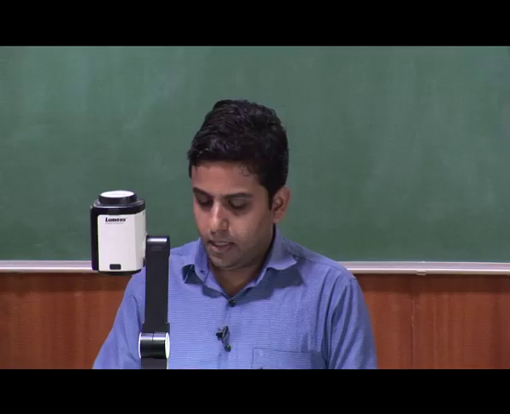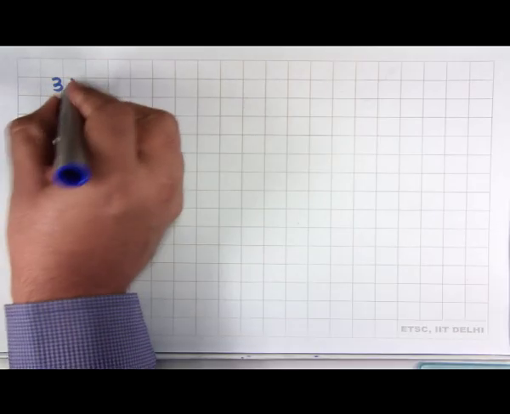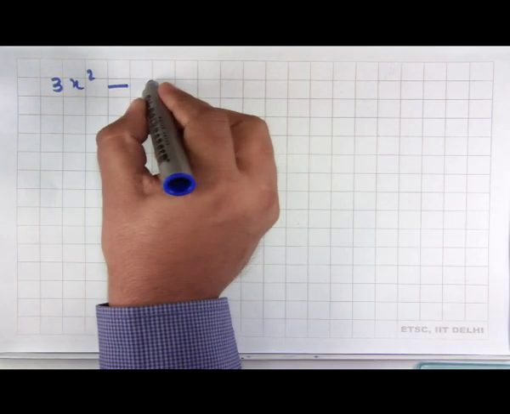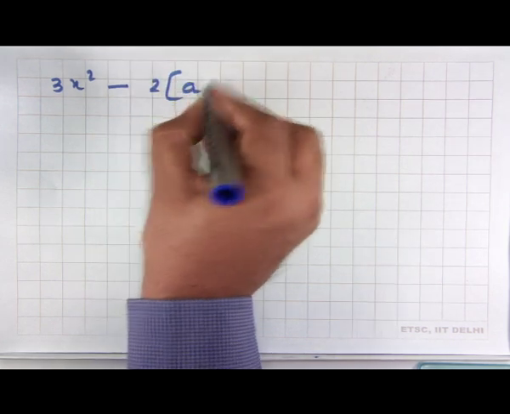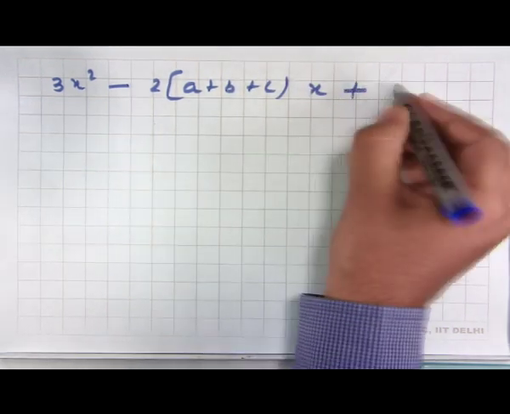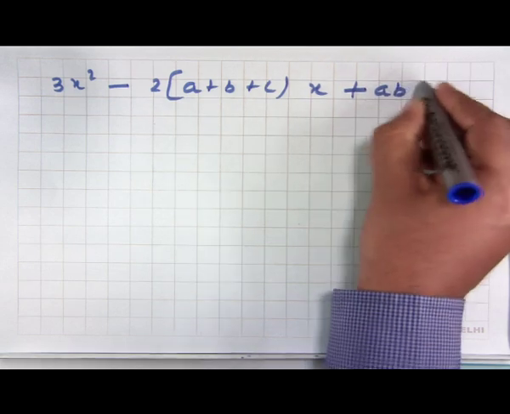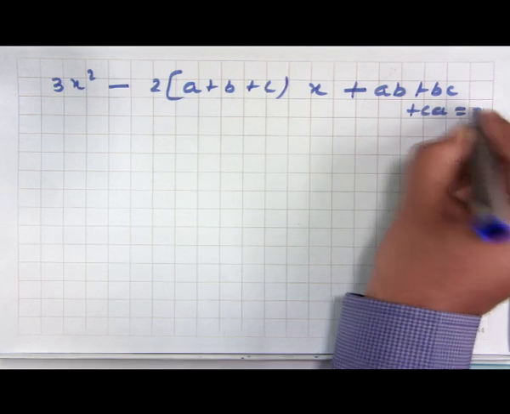Now the equation will be 3x square minus twice of (a plus b plus c) x plus ab plus bc plus ca equal 0,